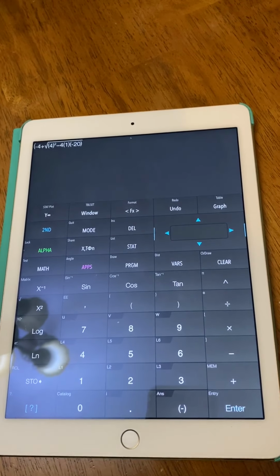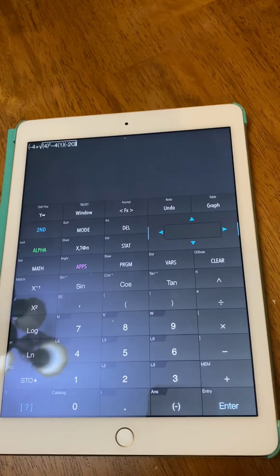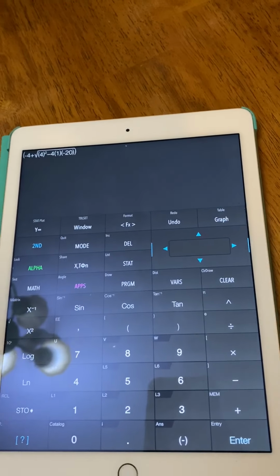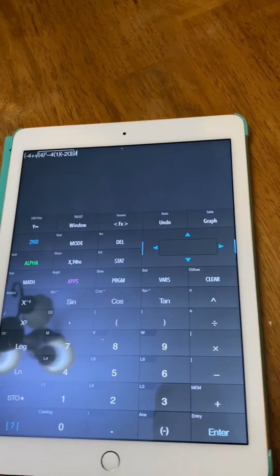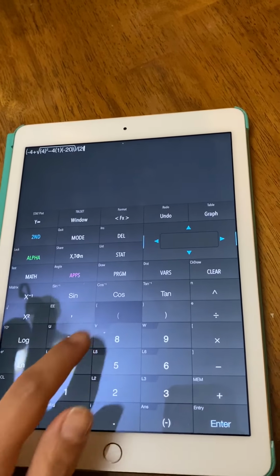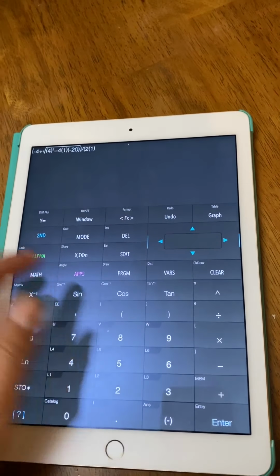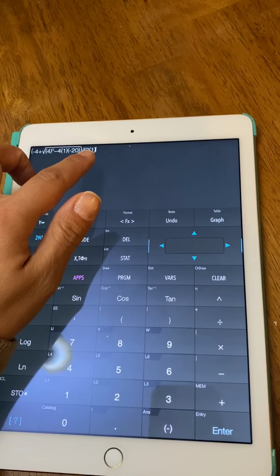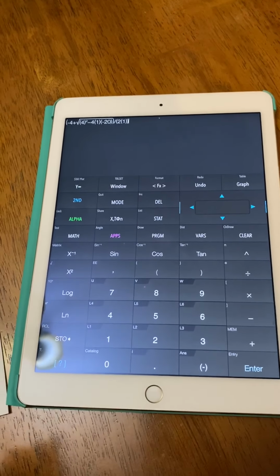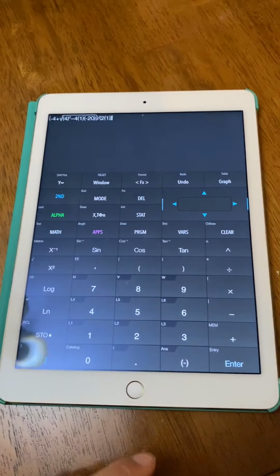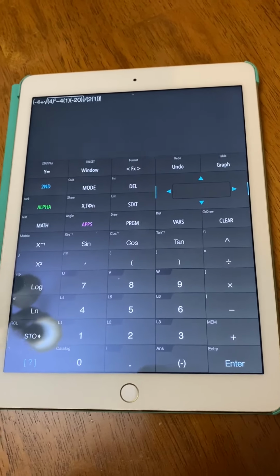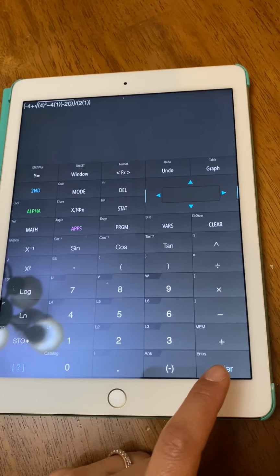Remember, I have to get out of the square root first by hitting the over button, and then I can close the parentheses. Divided by, in its own set of parentheses, 2 times 1. Okay, close the parentheses for the 1, and then I have to close the parentheses for the whole denominator. That's the only tricky part about this calculator. Otherwise, it does everything for you. You can utilize the graphing and everything on there, okay? So when I hit enter,